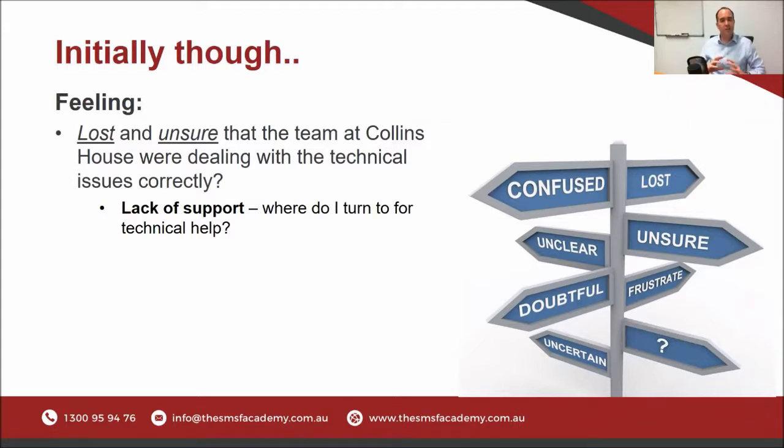And for a business like this, we're saying we need some level of support. So where can I turn to give me the guidance that I need to actually help me deliver the outcomes that my clients expect from a business like Collins House? So that unsure of yourself was certainly something that resonated with Sam, and we were a key focus in helping